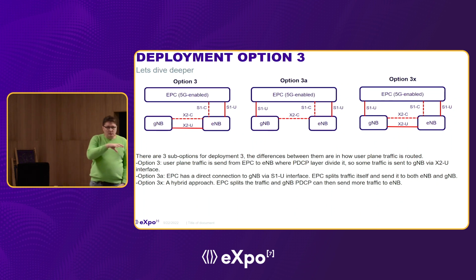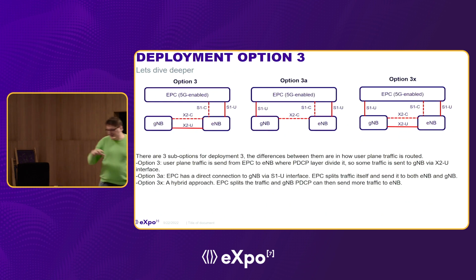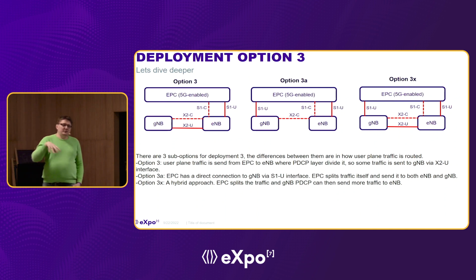And if the EPC sends too much traffic to the 5G station, then the 5G will just send it to the 4G antenna to cover this part of the traffic. So that's why this is the most selling idea, because the biggest amount of people will see that they are using 5G. But they will maybe see a bit longer times, and they will not benefit from everything that 5G can offer, because in the main requirements, the